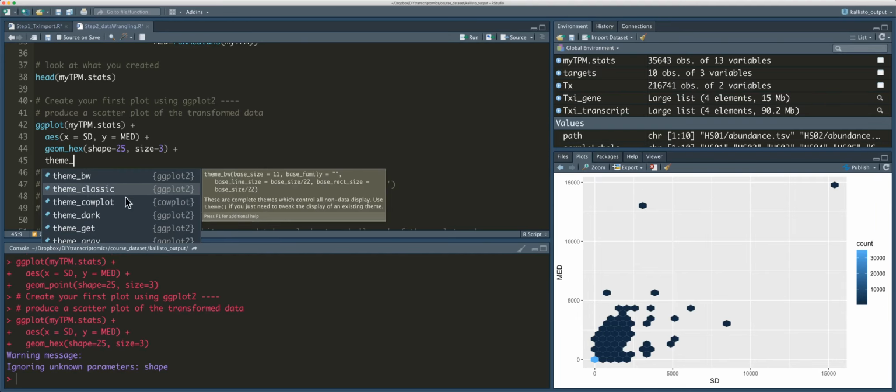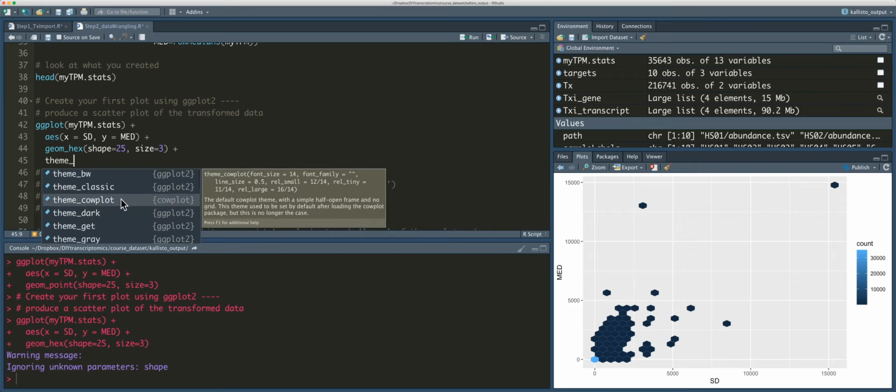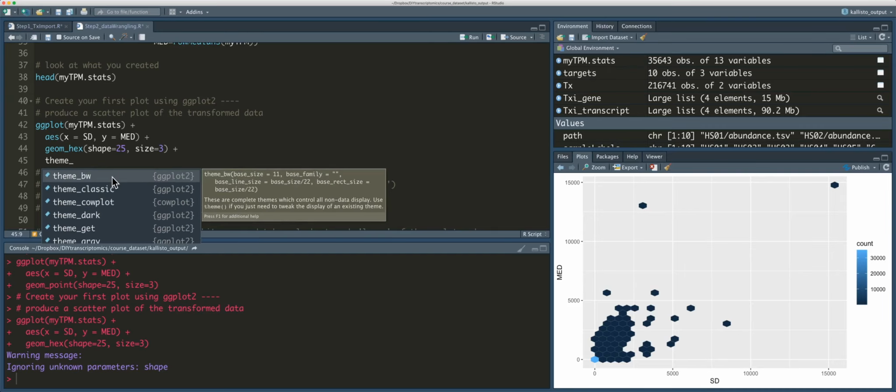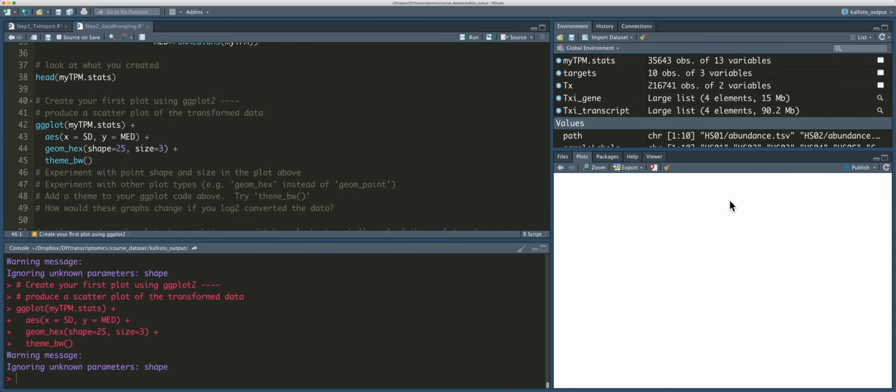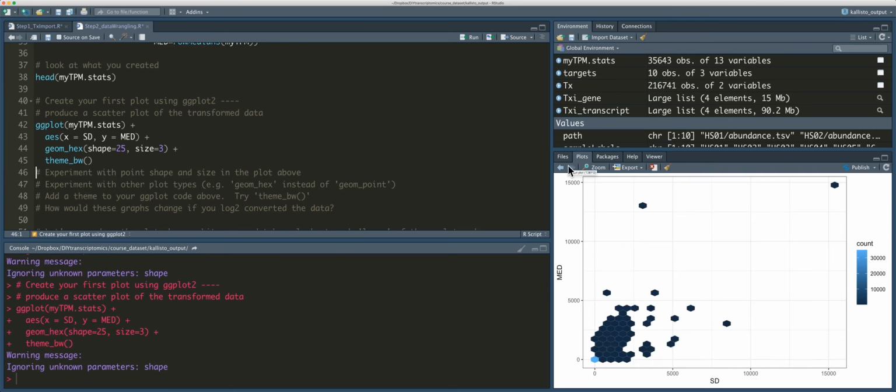And you'll see it's giving me a couple themes to choose from, actually many. I'm going to choose theme_bw, black and white. I'm not going to set any arguments for this. In other words, I just want theme to be the defaults for the theme_bw function. And so when I execute this line of code, now I get a plot that looks very different, a lot